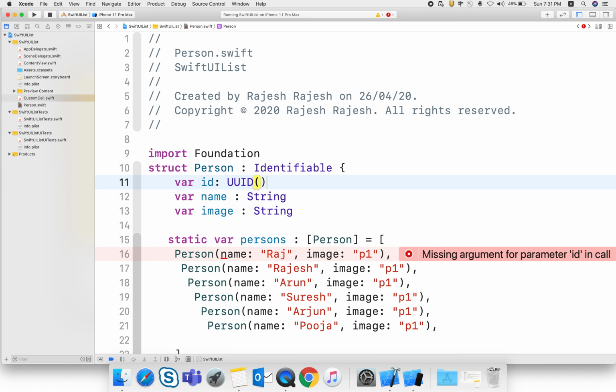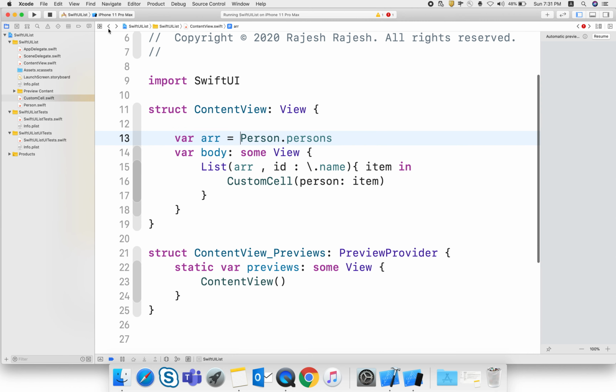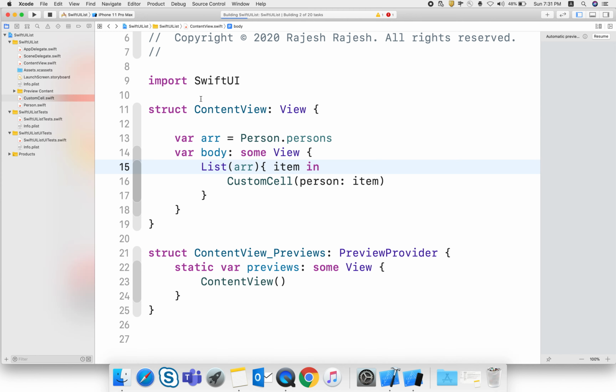Now, if I am using the Identifiable protocol, I do not need to tell the list that I am using that ID as the unique identifier for each row, so I just remove it, and it's now quite good.